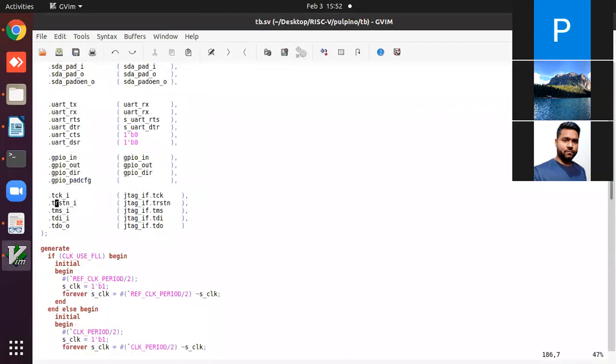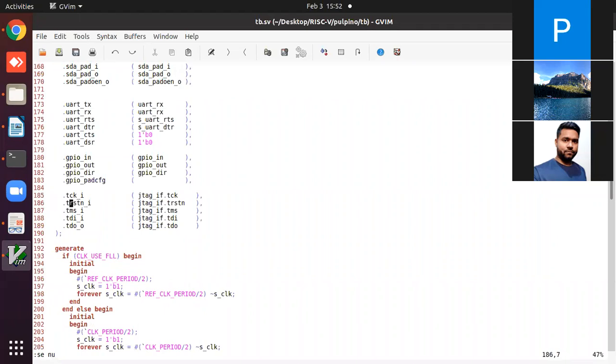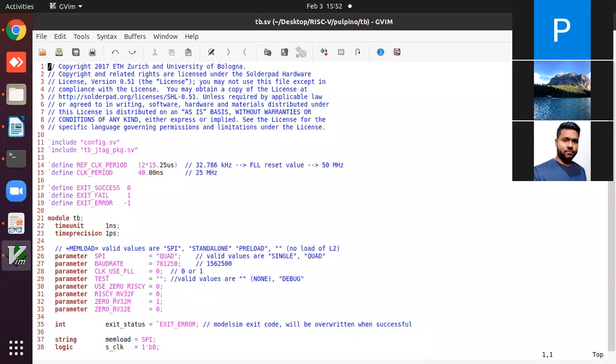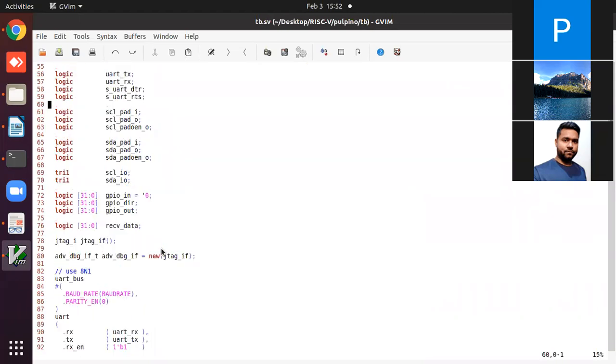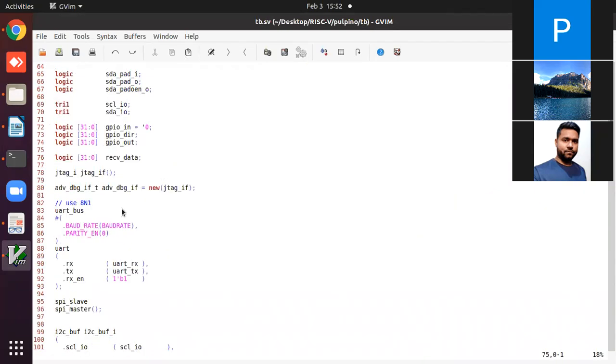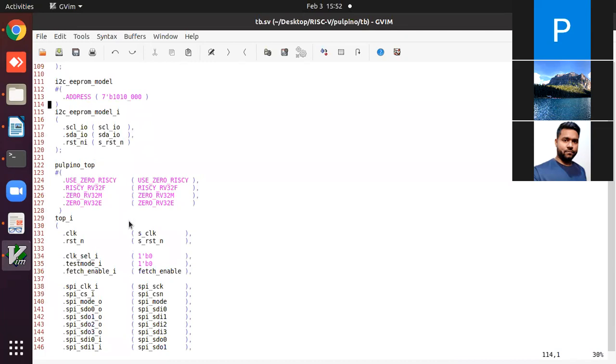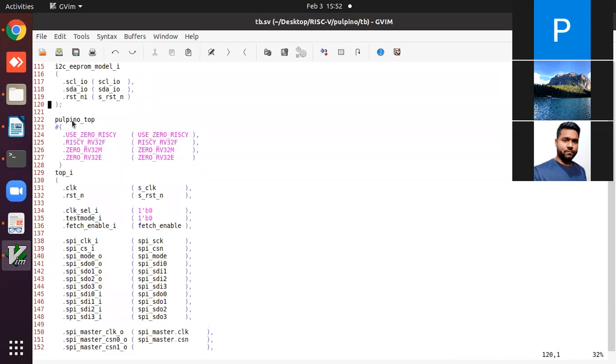Go up, yeah, where Pulpino top is instantiated. Go down. Yeah, here you can see that our Pulpino top is instantiated,